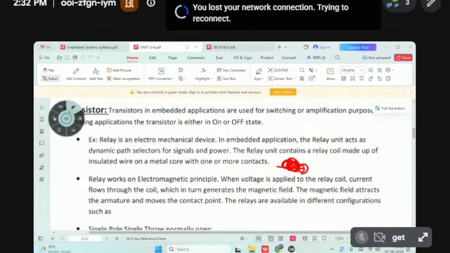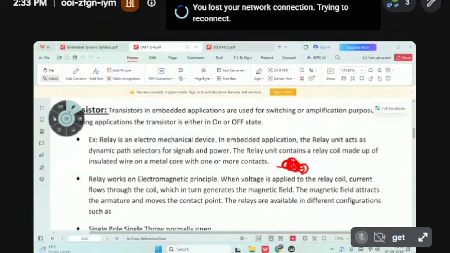So relay is nothing but an electromechanical device, right? So in embedded applications, the relay unit acts as the dynamic path. With the help of that path, the flow of signals will be moved from one location to another location, right? So the relay unit acts as the dynamic path selector for signals and power. The relay unit contains a relay coil made up of insulated wire on a metal core with one or